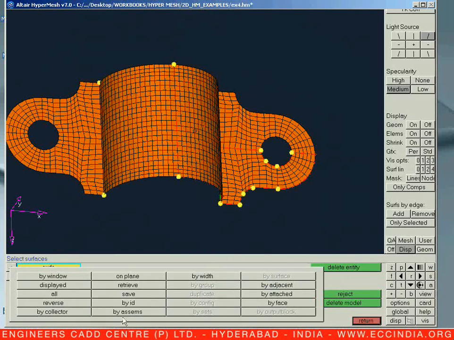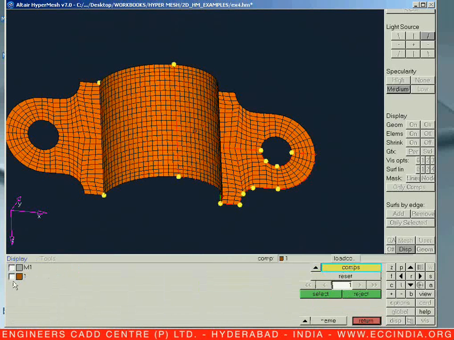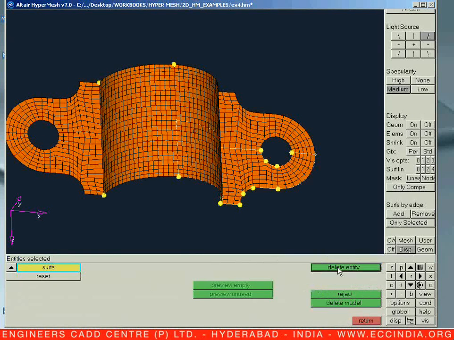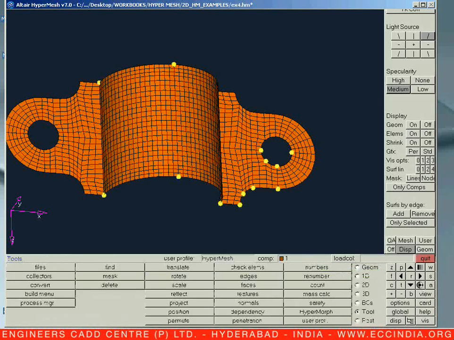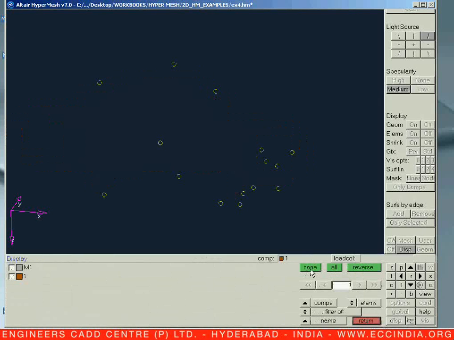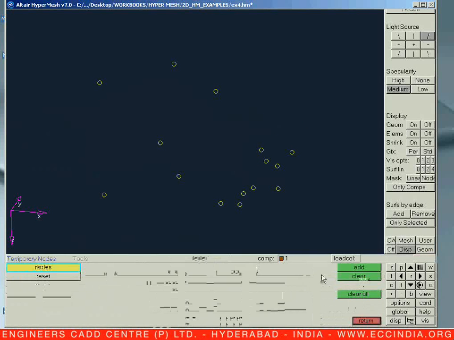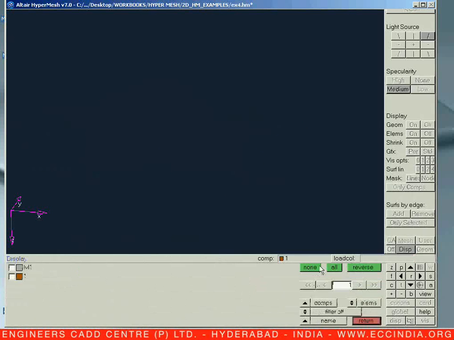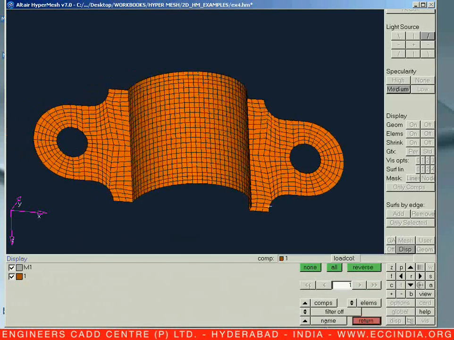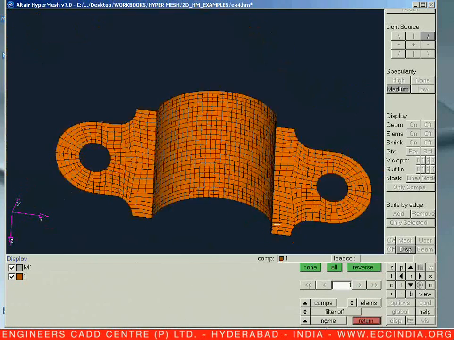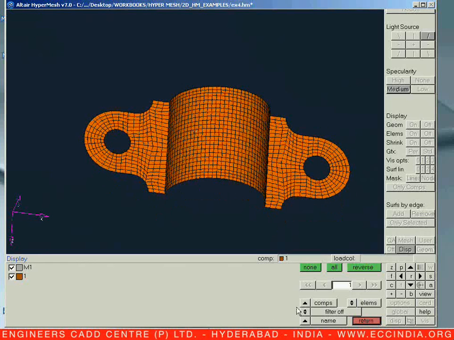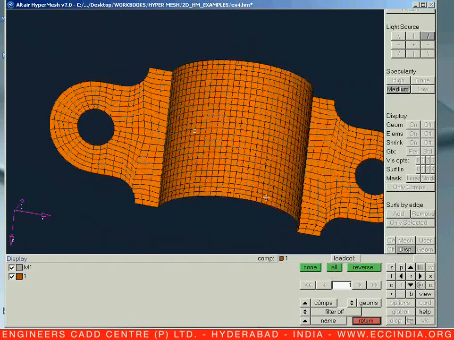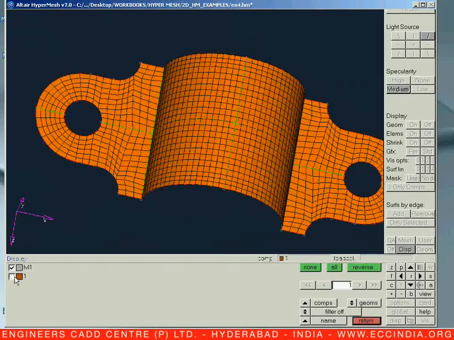surfaces by collector, first number collector, select, delete. Now let us go for display, none. Shift F3, Shift F2. Let us clear all the nodes. Now let us say display none for elements and let us display for the nodes. Elements. This is what the elementary display. Now display for the geometry, say none and all. Now we can see our display is on for the geometry.